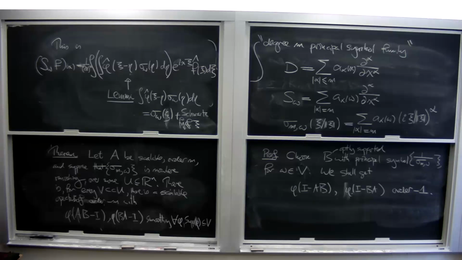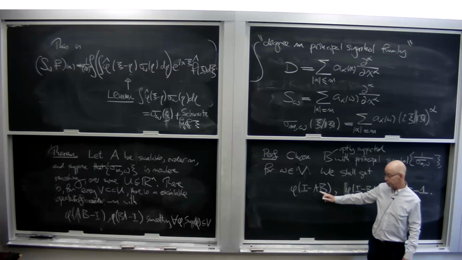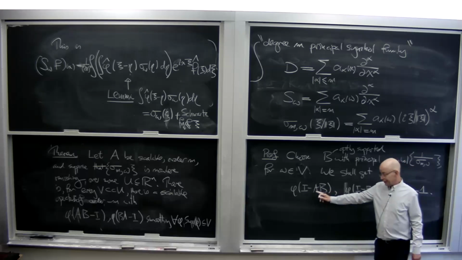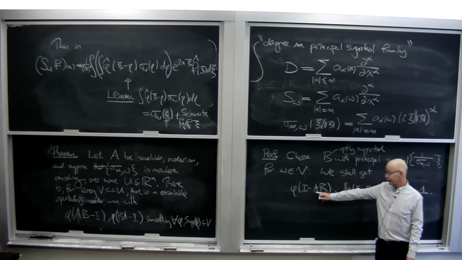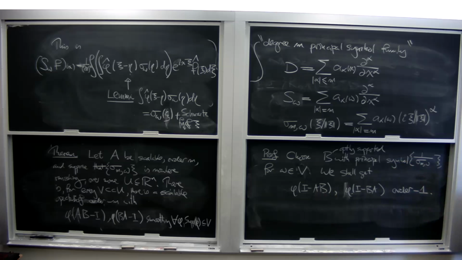And now let's be inspired by the following calculation. We're trying to invert A by B, and we did a pretty good job. We inverted A by B up to operators of order -1. But in order to do better, we want to write down a formula for the actual inverse of A in terms of the data that you see here. And of course, what will that